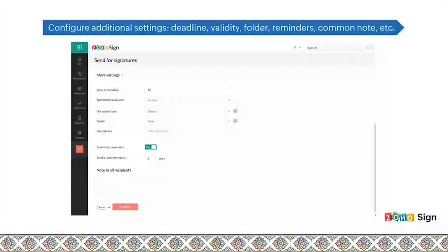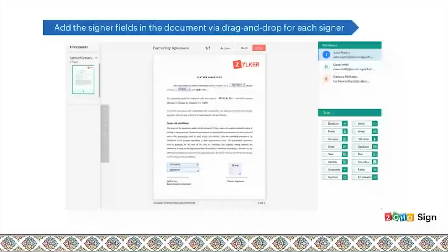Now scroll down further to find the More Settings section, where you can find options to add description, categorize documents based on their types, set deadline, agreement validity period, automatic reminders, and an option to add a common note to all your recipients. After you have added the recipient details and configured the custom settings, you will be taken to